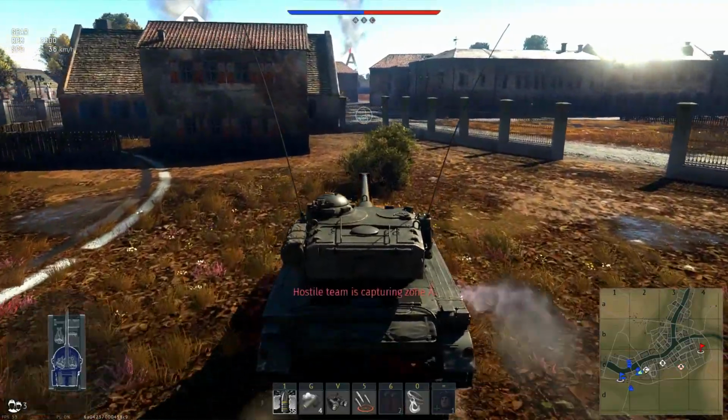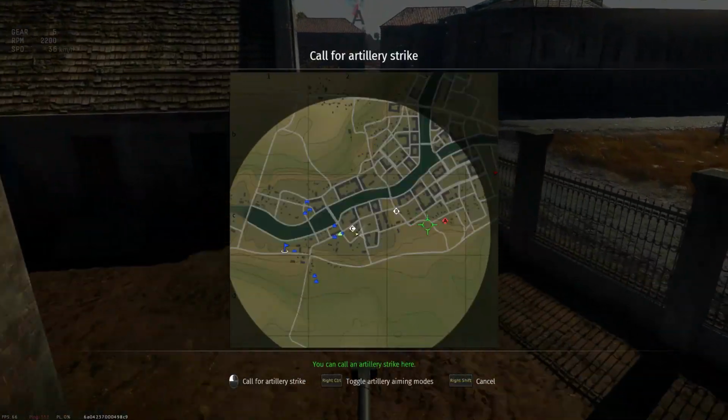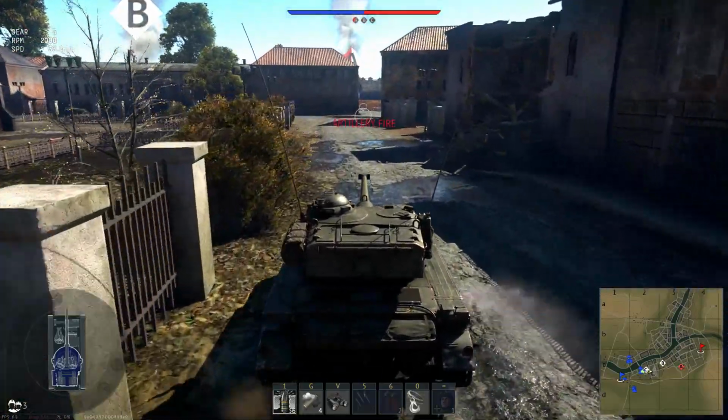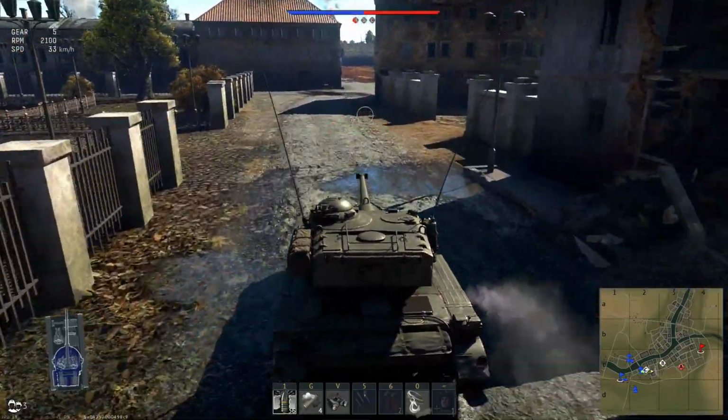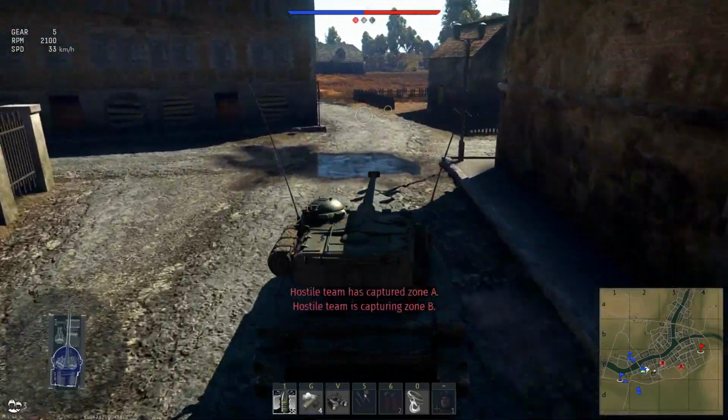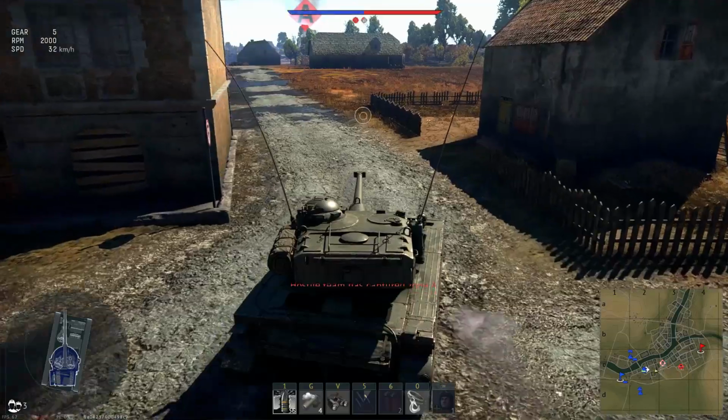I don't think that makes a lot of sense. It would make more sense if you could bail out of an undamaged vehicle without incurring a death and therefore spawn back in the tank after carrying out the airstrike. That's something I've been advocating for quite a while, but